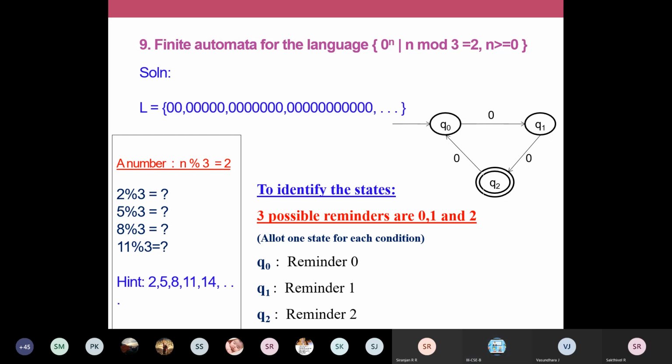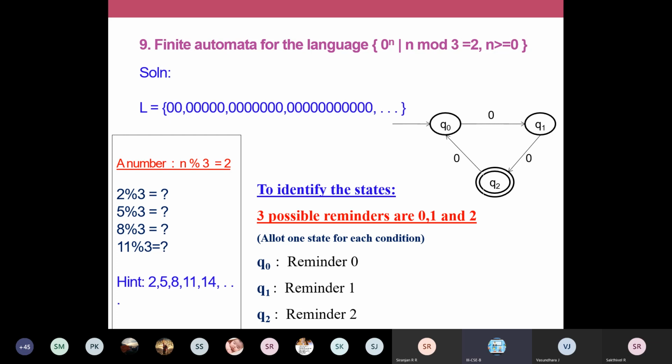For even numbers, you can take n mod 2. The even number problem can be represented using n mod 2, and the remainder is going to be either 0 or 1. In the earlier even number problems, you will be iterating within 2 states, a remainder 0 state and a remainder 1 state. Now the problem is with mod 3. Mod 3 means we're dividing the number by 3. The possible remainders are 0, 1, and 2. For each and every remainder, you assign 1 state, and you will have a repetition here, so you have a looping structure like this.